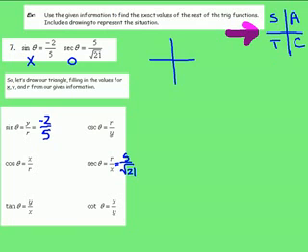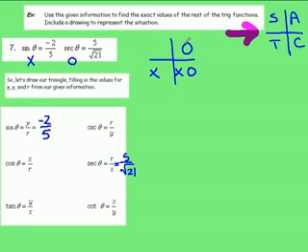Now, when I take a look at my given information, I'm told that sine value is negative. So sine can only be negative here in quadrant 3 as well as quadrant 4. Those are the only two parts where sine could be negative. Now secant, remember secant and cosine are my reciprocal functions. So where cosine is positive, that's where secant will be positive. And that is going to be here in quadrant number 4 as well as quadrant number 1, because everything's positive